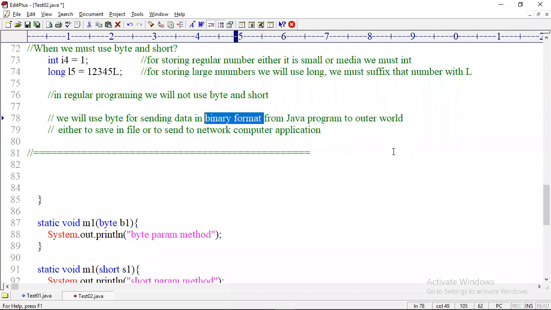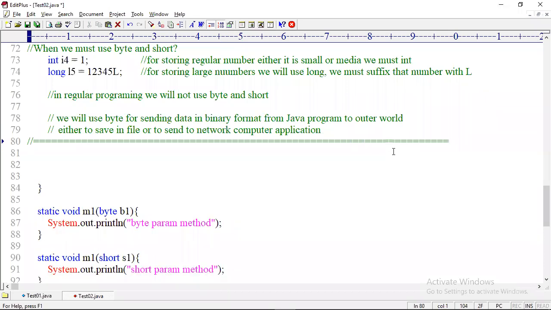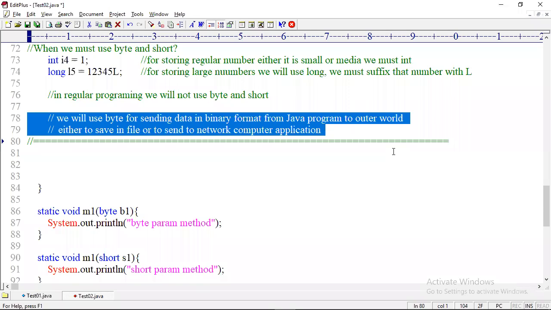To send data in binary format from a Java program to the outside world. What type of data can travel in the network? Data can travel in the network and be stored in the computer only in zeros and ones format. For that purpose we use byte. And next,